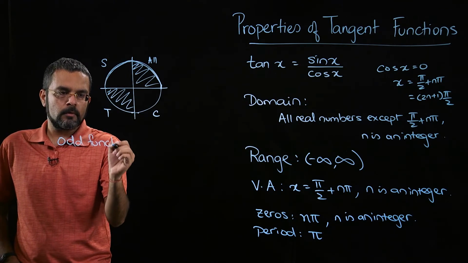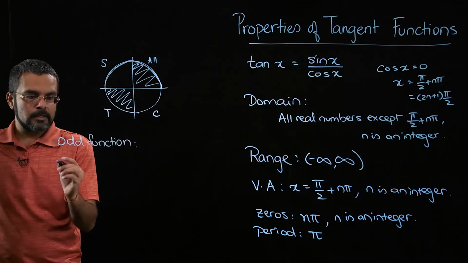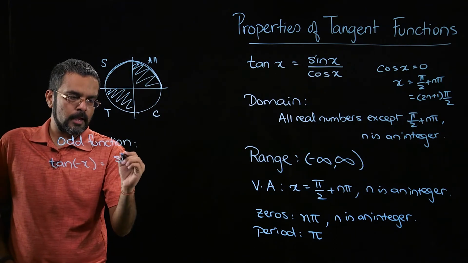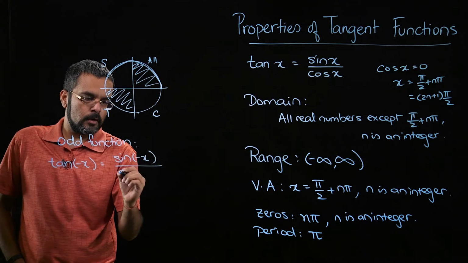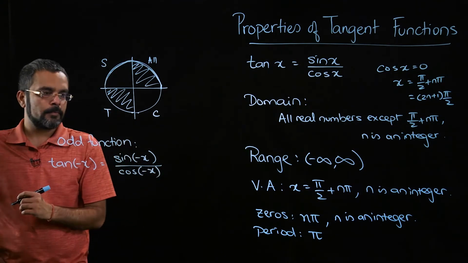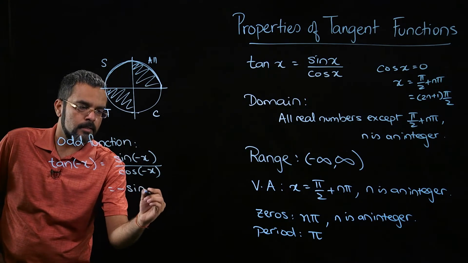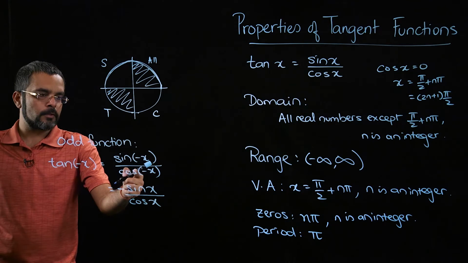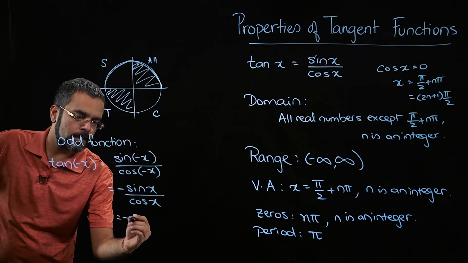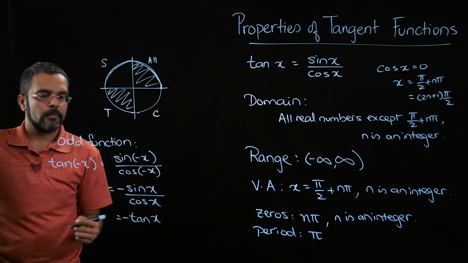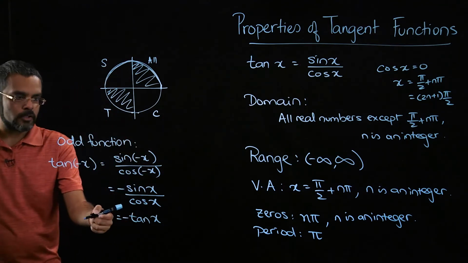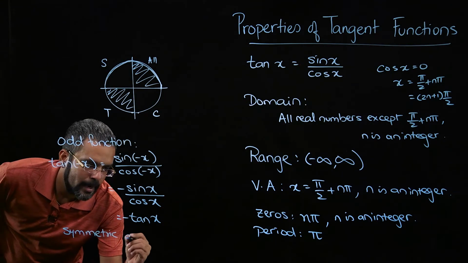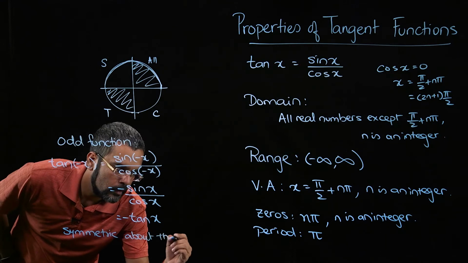And why is that? Because think about this. Tangent of negative x is going to be sine of negative x over cosine of negative x, okay, which is negative sine x over cosine x, right? Because cosine is positive, so cosine of negative x is just cosine x, and this is nothing but negative tangent x, right? So tangent is an odd function, which means it is symmetric about the origin,